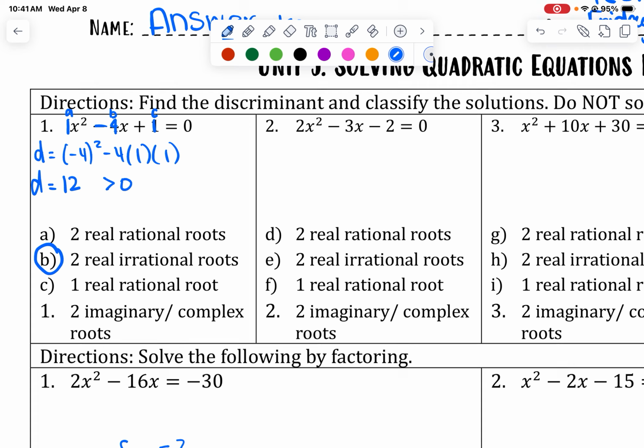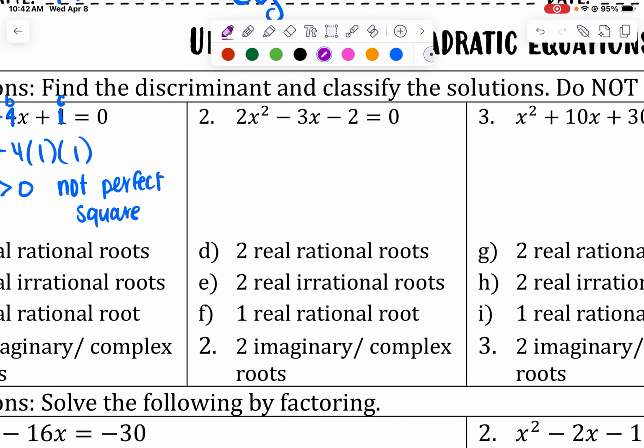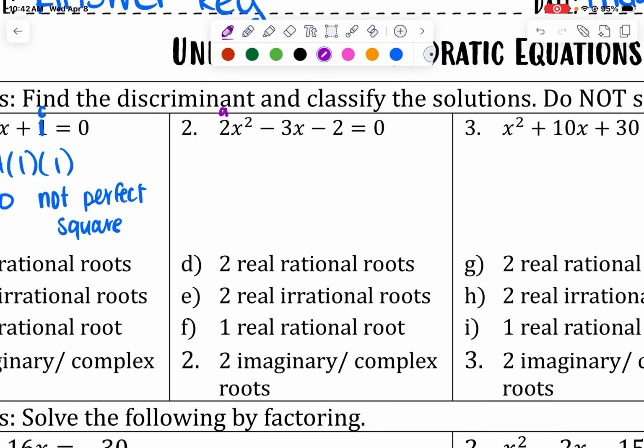Now we're going to go ahead and look at solving by completing the square. So when we solve by completing the square, we are going to look at number 8 first together. As you can see, the answers for 7 and 9 are already there. Check your work. So for number 8,